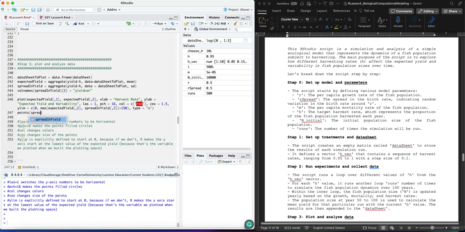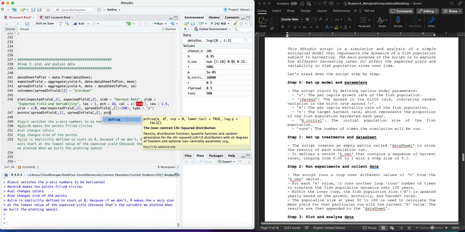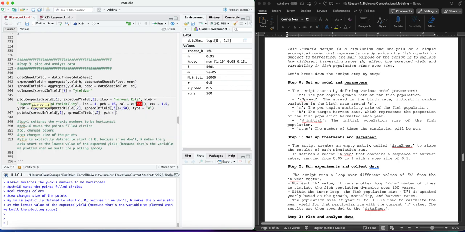And so now we're saying spread and yield, the first column, which is the harvest rate, and do that by spread and yield second column, which is the yield. And then we're going to do the same, just housekeeping things for graphing,